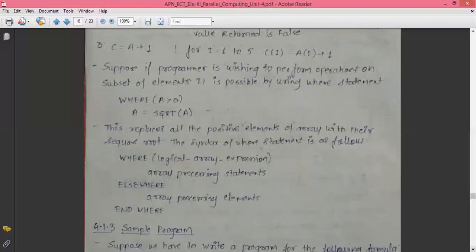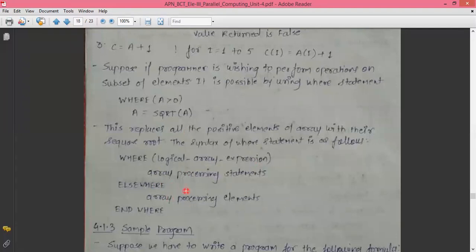Now again, there is the conditional statement that exists in the Fortran 90 parallel programming language. If you want to execute things on a conditional basis, there are some syntaxes mentioned over there. Here is an example: where, followed by the condition, which is the logical expression, then the statements, elsewhere with the second statement, and endwhere.